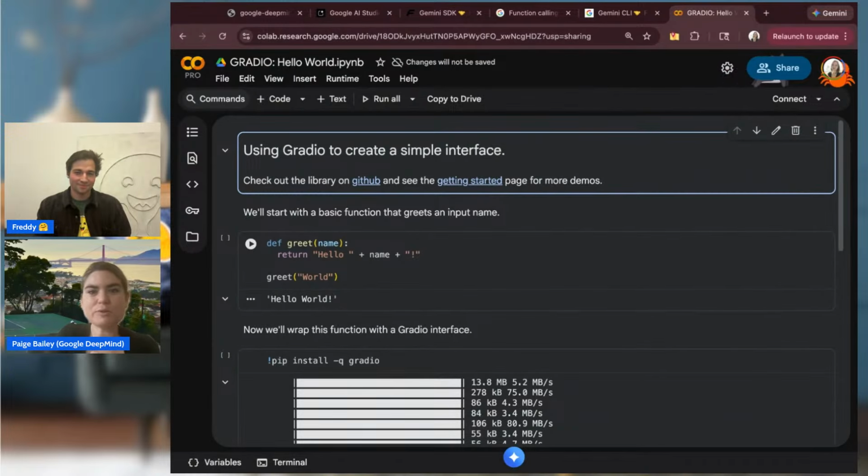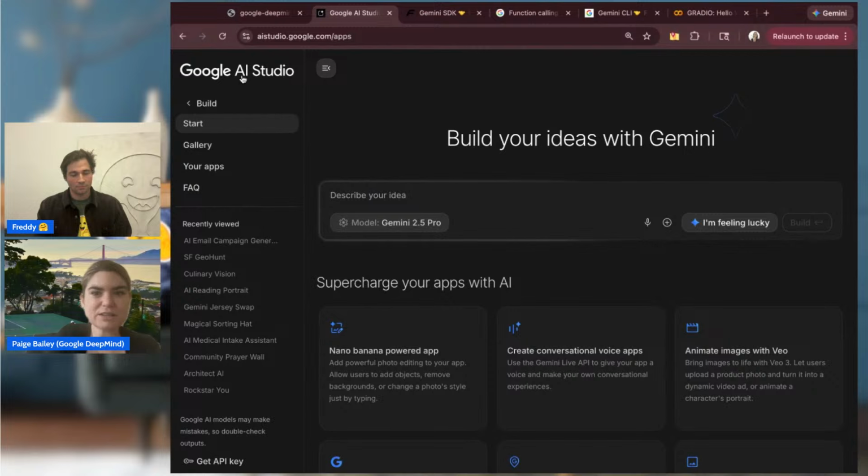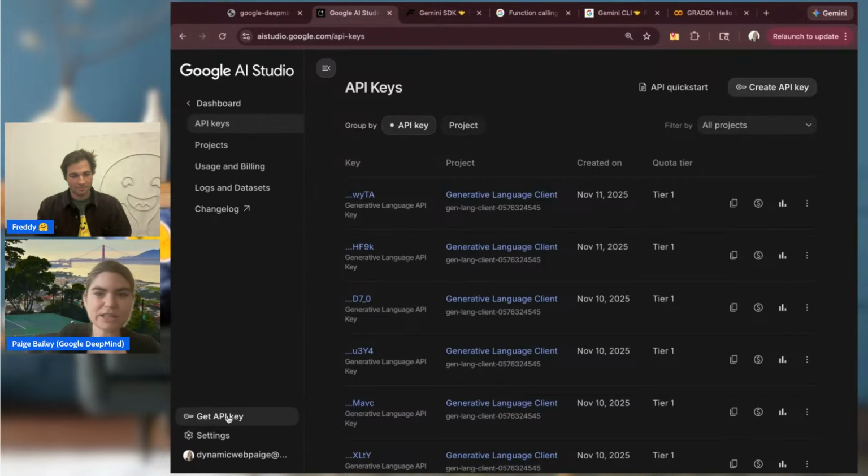You can deploy apps via Cloud Run and Colab and have Gradio as the primary interface to view them all. But if you're going to remember one thing, I would strongly recommend going to AI Studio, experimenting with all of the different features available there, generating API keys, and using them with MCP servers as part of your projects.